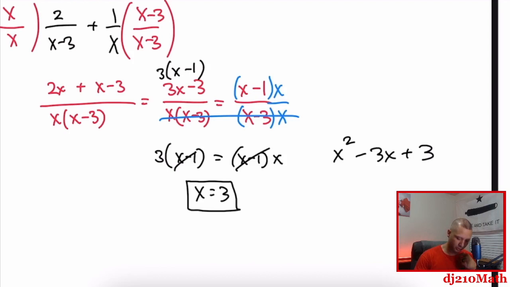So this was 3x minus 3. So we know that that doesn't work. X equals 3 doesn't work. X squared minus, oh no, it was a 2. It was 2. Right, it was 2. So minus,